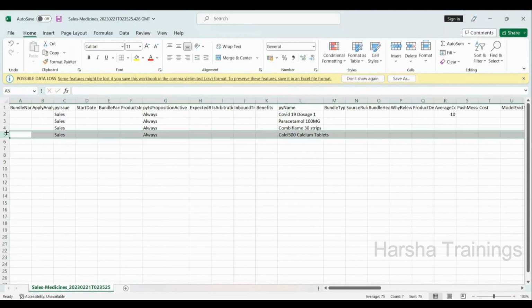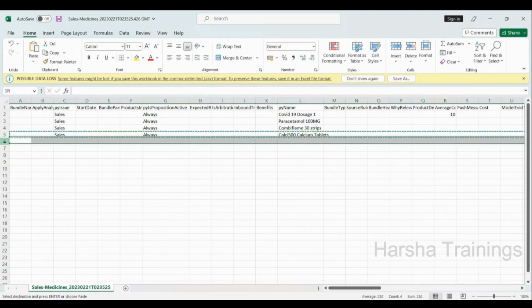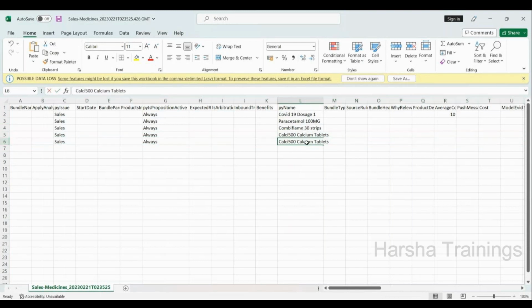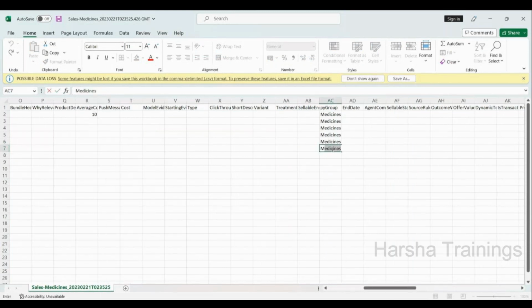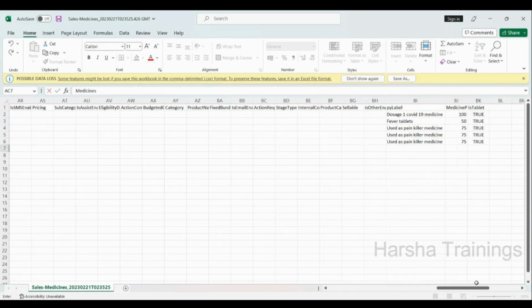Same way, let us add one more. Here I'll give like a bottle of syrup. Okay, bottle of syrup. And I just add here also medicines, and scroll to the right side. Here I will add it as... why is this coming like this? I'm not sure. Okay, I'll just add here as